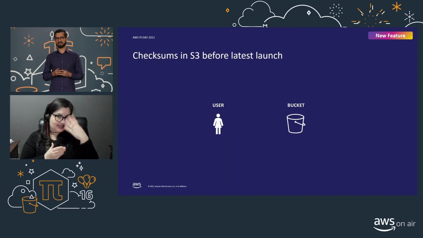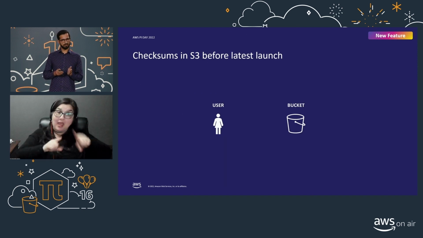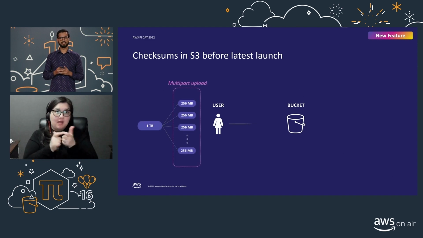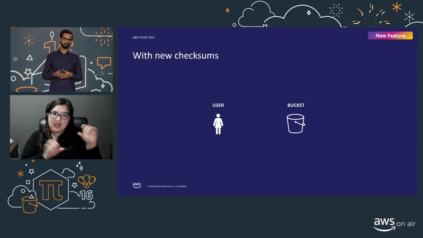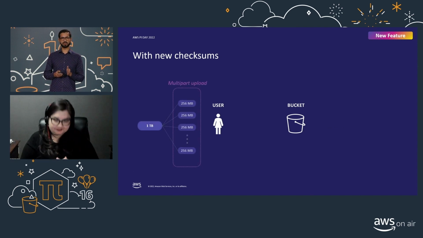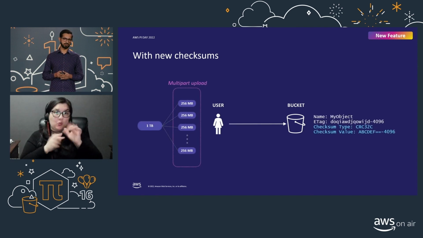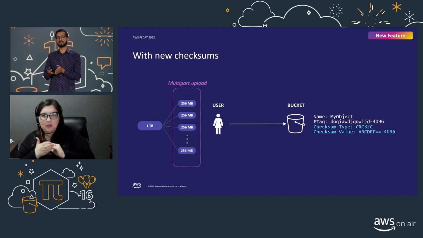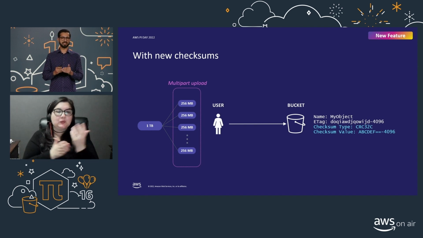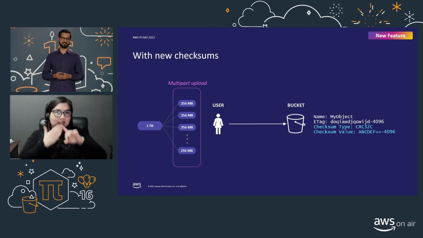Now let's talk about parallel checksum operations. When you upload a big object into S3, you are using S3's multi-part upload API to do that. Our new checksum options will continue to work with multi-part uploads with minimal changes. Just like with simple single-part objects, you can pass in a new checksum algorithm like SHA-256, and we will happily check the object with the algorithm that you specified.